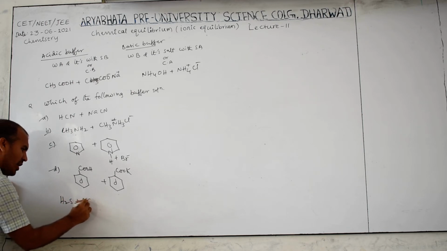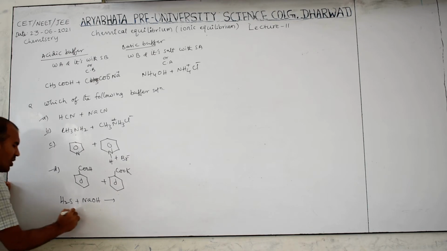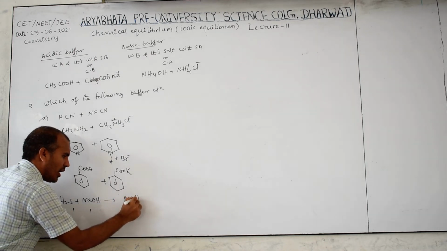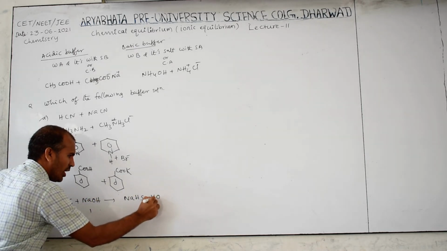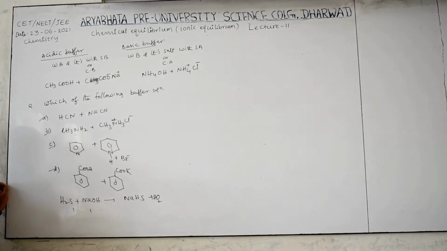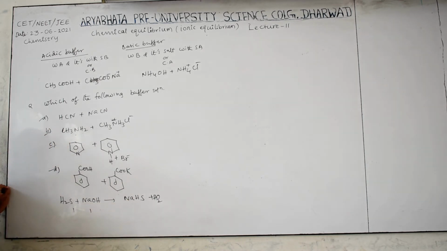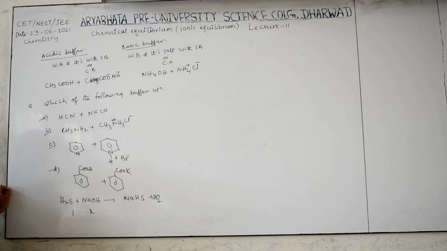H2S plus NaOH, like this given. If 1 mole reacts, it forms NaHS. One hydrogen and one OH form H2O. Clear? So if both are limiting reagents, they form a salt, and then we have to consider salt hydrolysis. But if it is 1 mole of one and 2 moles of the other...